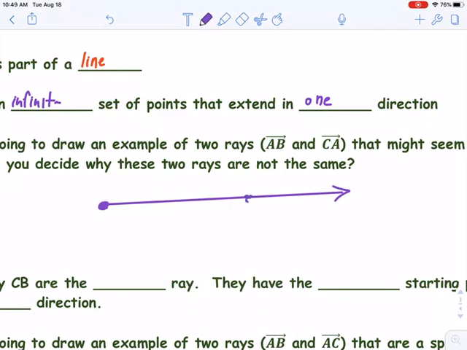I want to draw the picture like this. No, we'll keep it like that. Ray CA, in this case right here, is different than ray AB